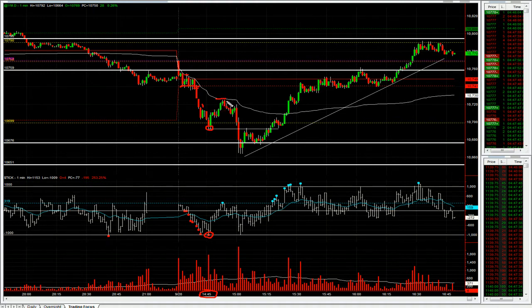I got short again at this little 50% retracement. Again, a classic trade, and I got 9 ticks out of that. It's disappointing not to get more, but the data was coming out. It just pushed lower, gave me my 9 ticks, and then I had to close for the data. The data came out, and